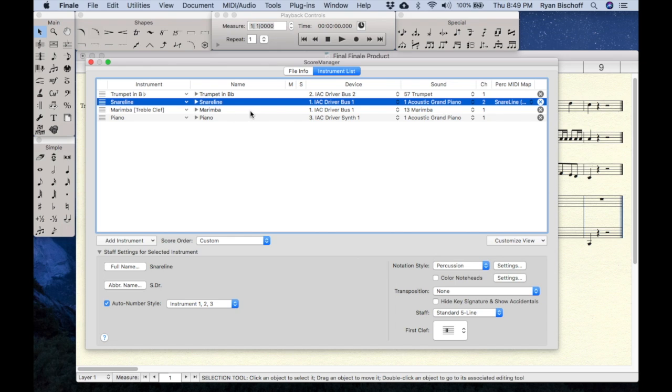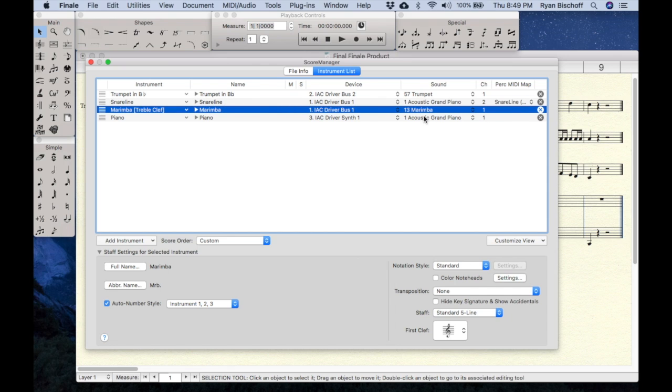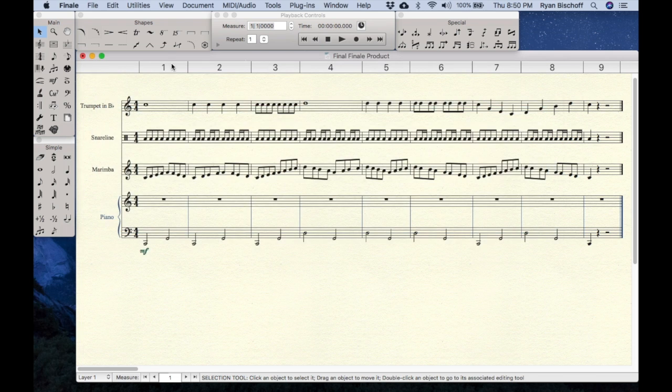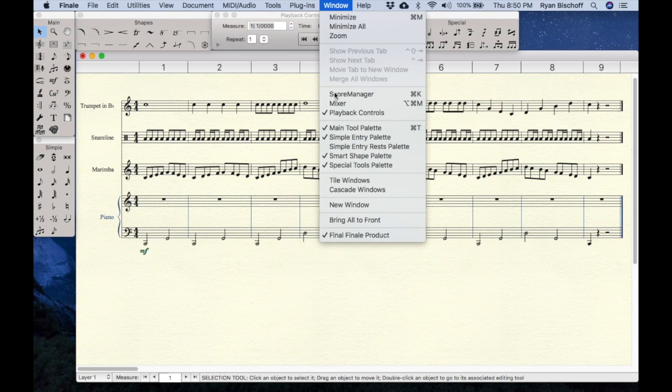And then marimba is going to bus 1, channel 1. And the synth is going to synth 1, channel 1. I didn't toy around with this too much to get it balanced out, which you can do either through